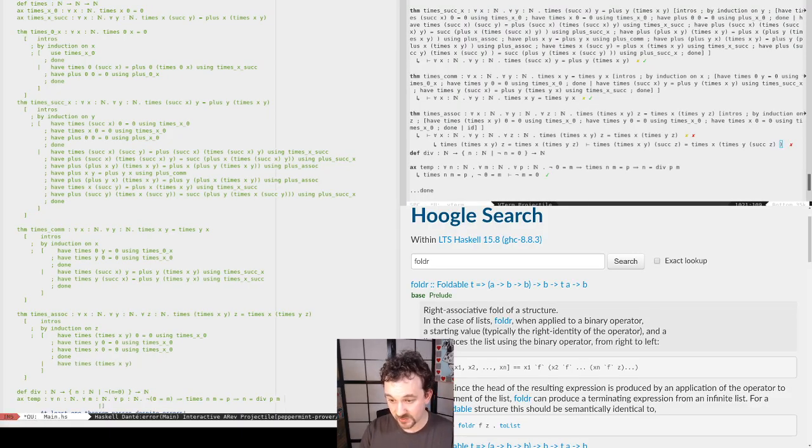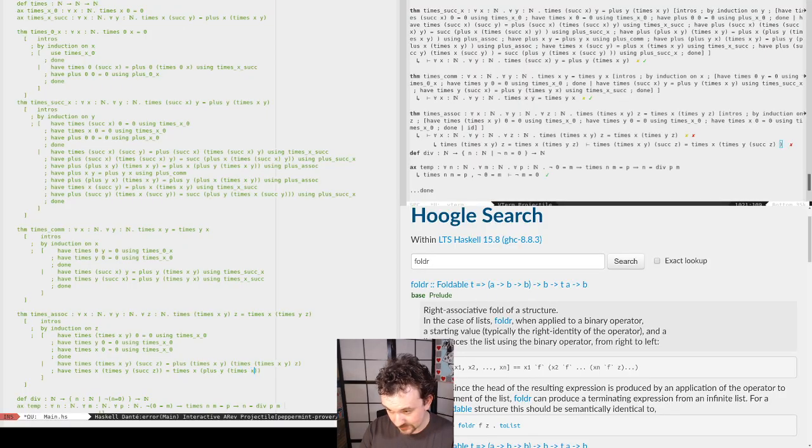So we know the times xy and such z equals times xy plus what we want, times xy z, which we know to be equal to the other thing we want. And so the other thing that we know is that times x times y suck z equals times x plus y times xy.